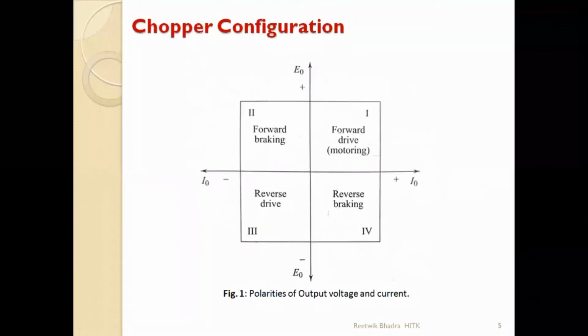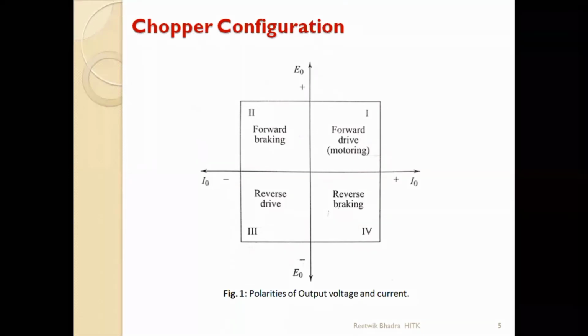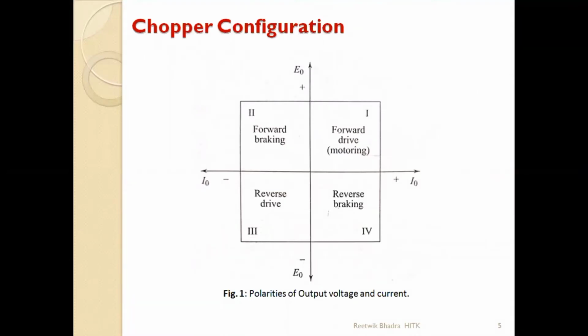Now after that, our today's main topic is how we classify choppers according to quadrant of operation. So here 4 quadrants are made. I have discussed this also in the first lecture. Today also we will discuss it a little bit more. The 4 quadrants are made according to the output voltage and output current polarities. So this is my first quadrant where voltage and current are positive. Second quadrant, current negative, voltage positive, and it goes on for the third and fourth quadrants.